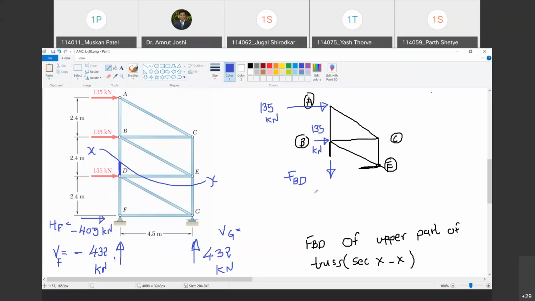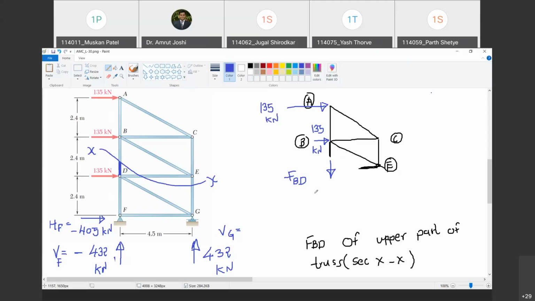Loads are present only at the joints. Do you agree with me? Yes, sir. What is the consequence? I have proven in the last class that its consequence is all the members of the trusses have forces directed along their axis. And what is the axis of a skeletal member? Along its length. So all the members of this truss are going to have forces directed along the length. Are you with me? Yes, sir. So the members can either be in compression or in tension. Are you with me? Yes, sir.